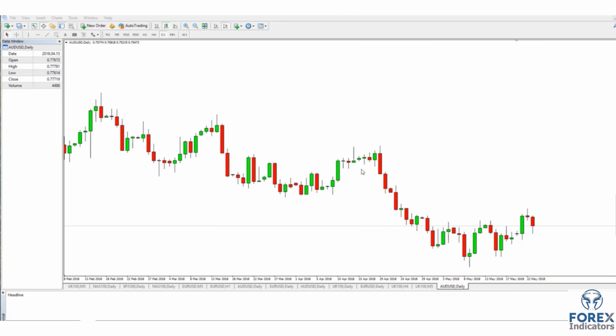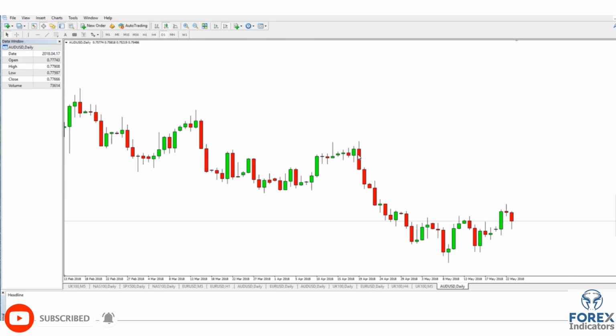Okay, now we're going to look at support and resistance on a market. So we're on Australian dollar, US dollar. We've got the chart loaded on the daily time frame, and we're just going to start bringing it all together and looking at the potential levels. So we're not going to use the round numbers because, as I've mentioned, they are mainly a guide. So are guiding you toward potential levels to watch if you're learning and you find it very difficult to just